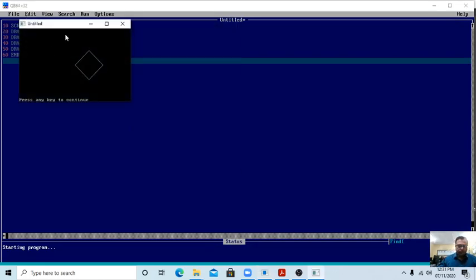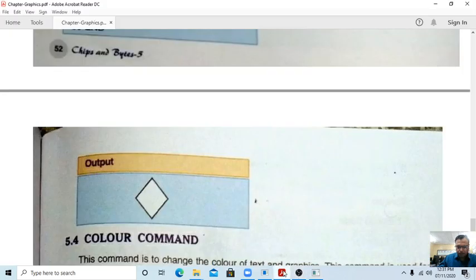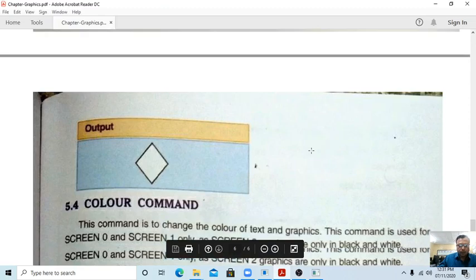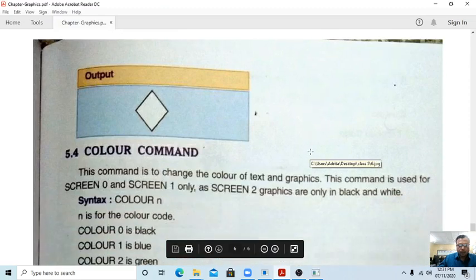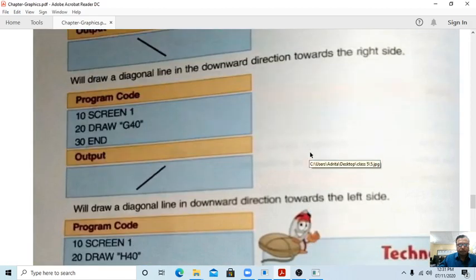Yes, this figure we have got. This figure is just like a rhombus, okay. You can see, students, here this is the color command, okay. I am showing you.